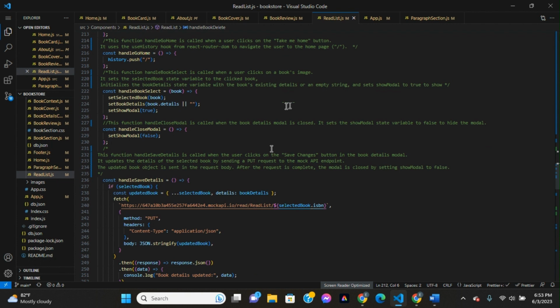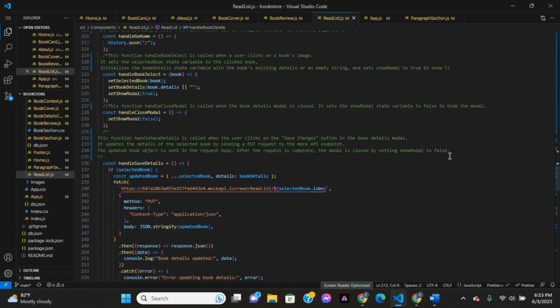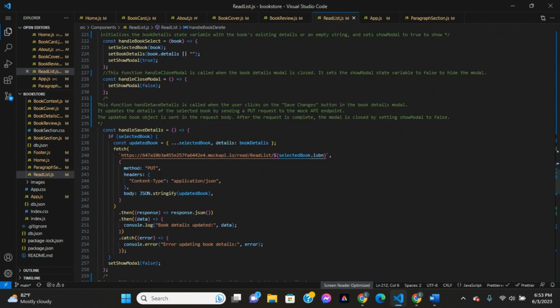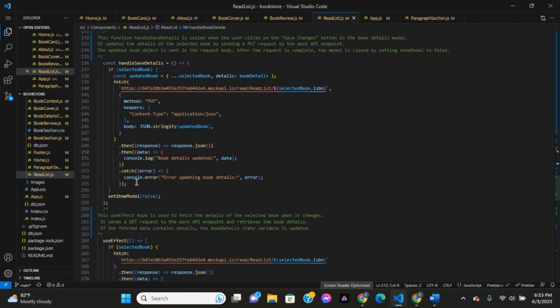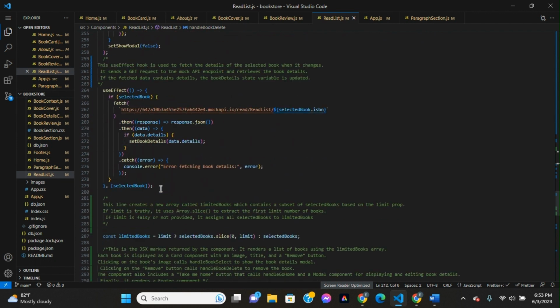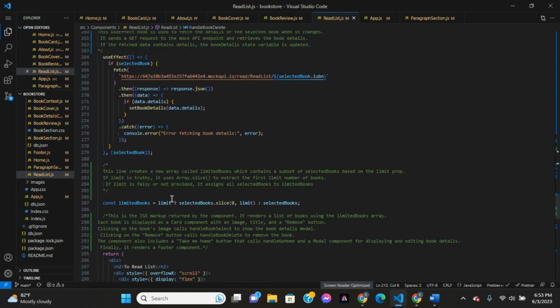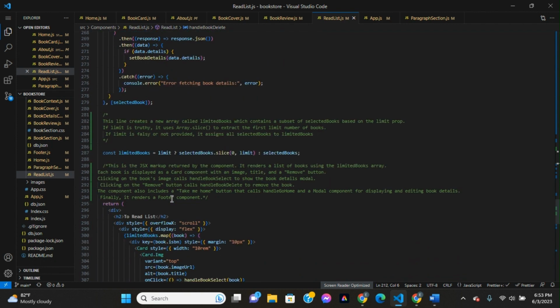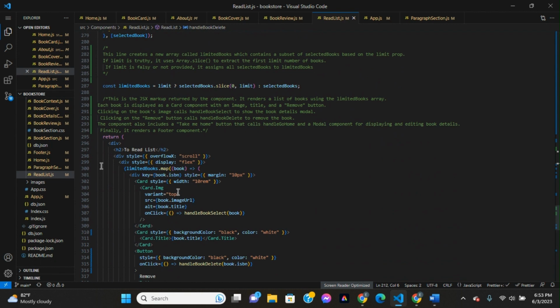The function handleSaveDetails is called when the user clicks the Save Changes button in the book details modal. It updates the details of the selected book with a put request to the mock API endpoint. The updated book object is sent in the request body. After the request is complete, the modal is closed by setting showModal to false. I think this is where I was talking about. It deletes, but instead of deleting it out of the API, it puts it in there. So that was the only way I could get it to delete, because I tried and it wouldn't delete without doing that. How did I get to that point? I don't remember at this point because it's been a lot of coding in between. So let's go on to the